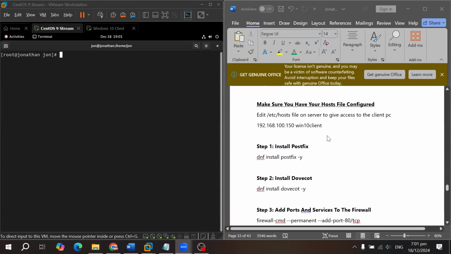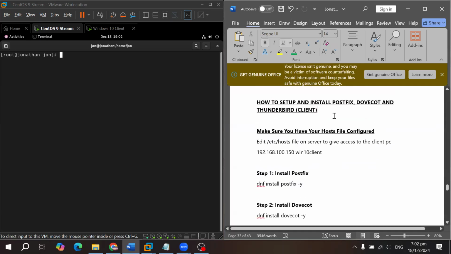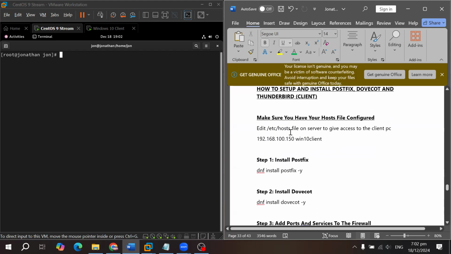Today I'll be presenting email, so electronic mail. In this video, I'll be showing you how to set up and install Postfix server, Dovecot server, and Thunderbird on the client. So before we start, you have to make sure that your